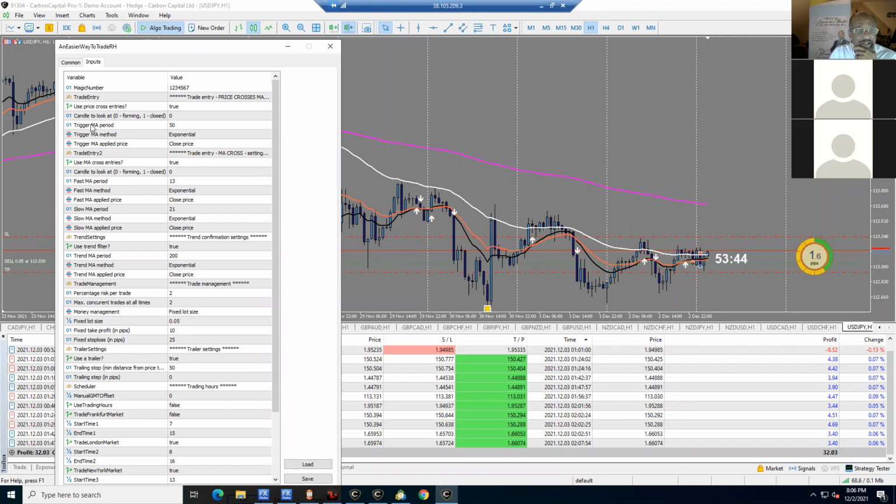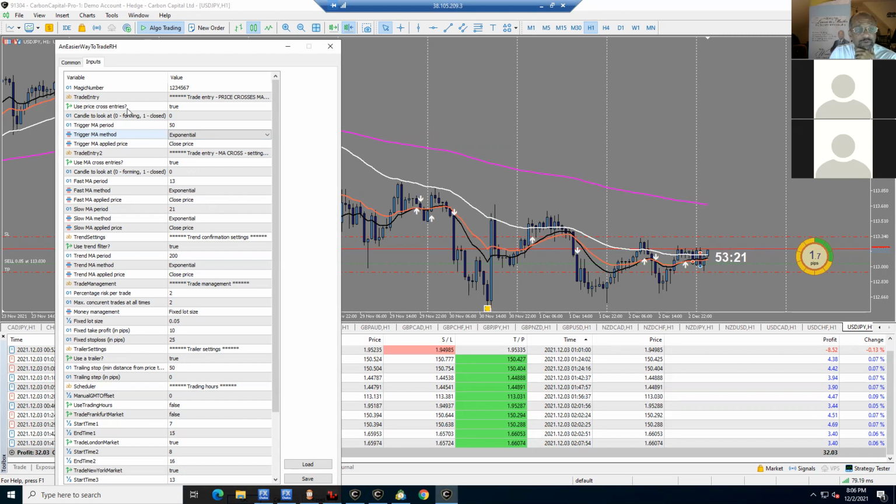And my trigger is the 50. And again, on all the MAs, you can select what MAs you want to use. So all this is selectable. I like the 200, 50, 20, 21, and 13, all exponential. I like those. How it works is,